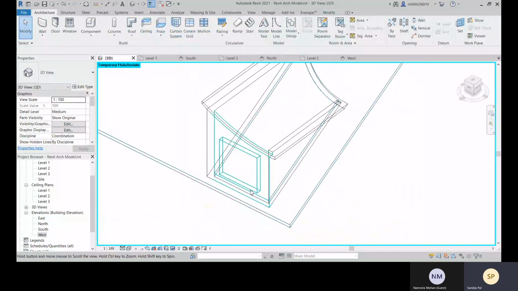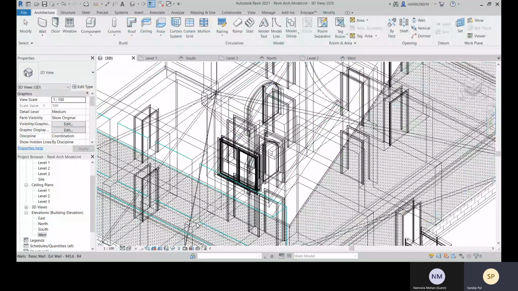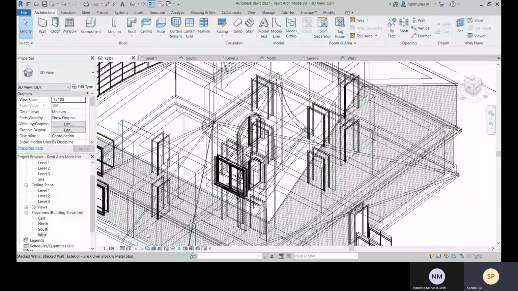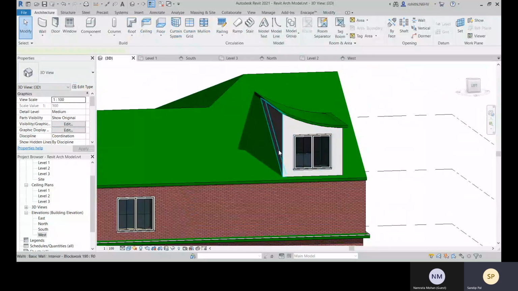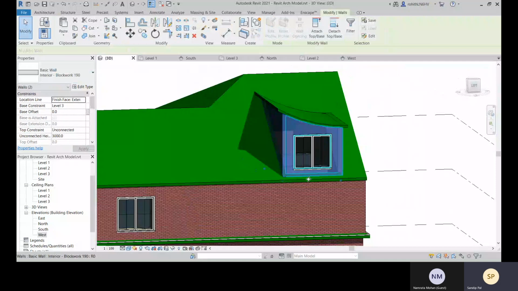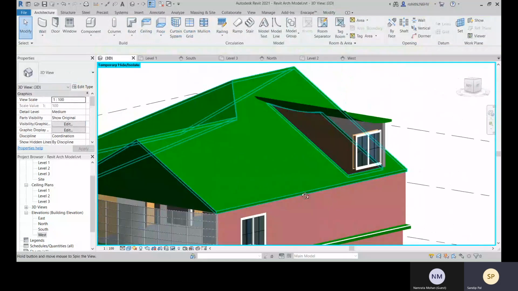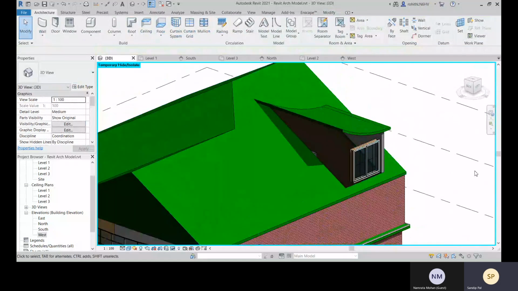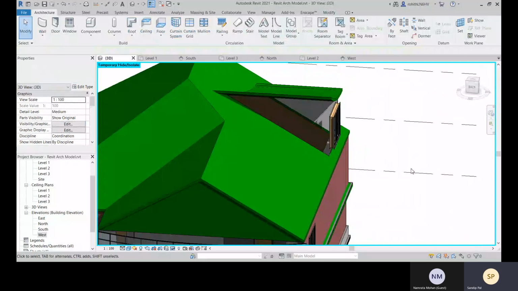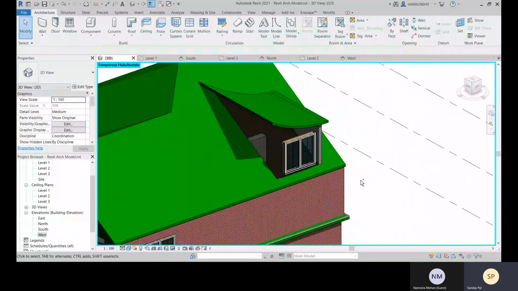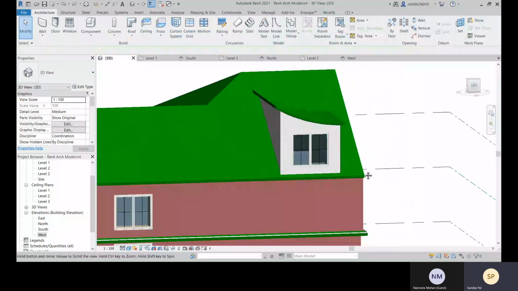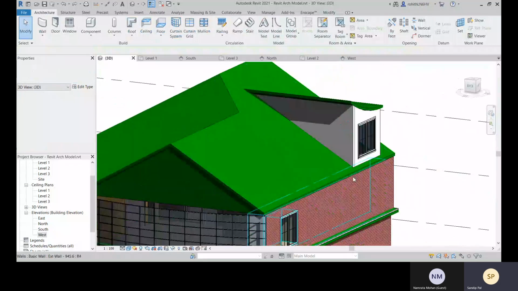Okay, done. Come to shaded, and there you can see. All right, so this is how we will create our dormer roof.